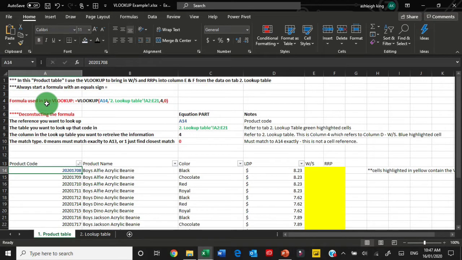Now, the purpose of the VLOOKUP is to combine, it's an easy way to combine information from multiple data sources, so multiple worksheets, and bring it all into the one worksheet. A lot of businesses, although they've got their ERP systems or their inventory system or their accounting software, even though they've got the reporting capabilities, there's instances where you need to combine information from different sources because your current system,